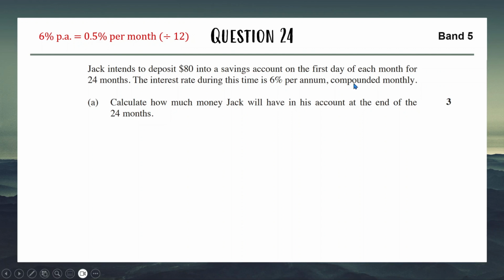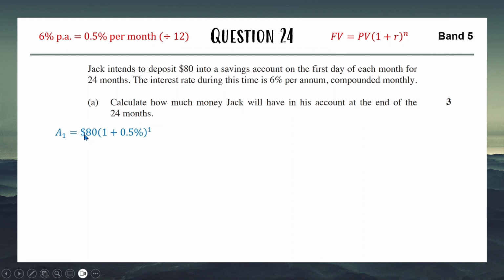Compounded monthly, which means we're using the compound formula, of course. So we have our future value formula right here. And let's think about what happens in the first month. First month, we put $80 into the savings account, and then it accrues 0.5% of interest across the month. So putting those values into this red formula, we have the amount at the end of the first month is